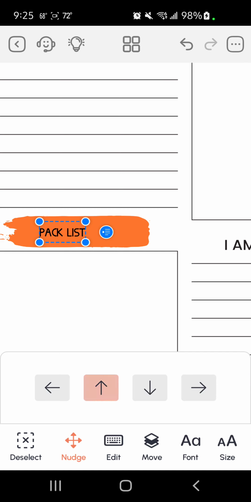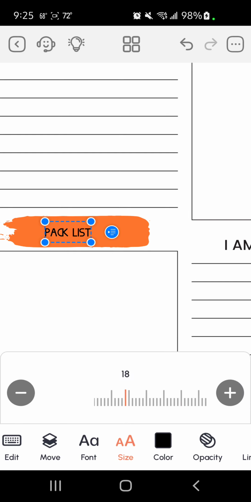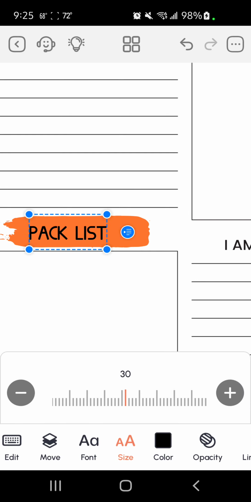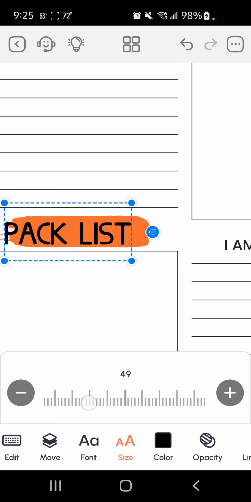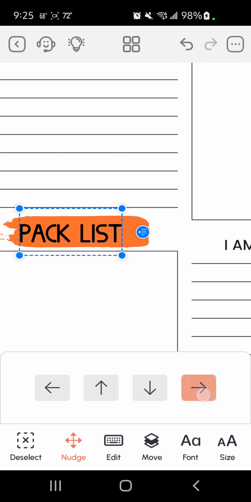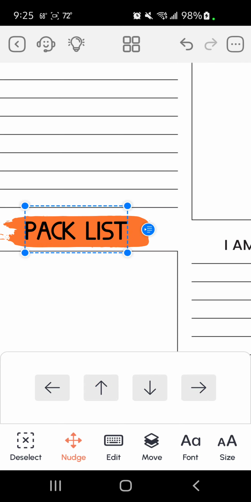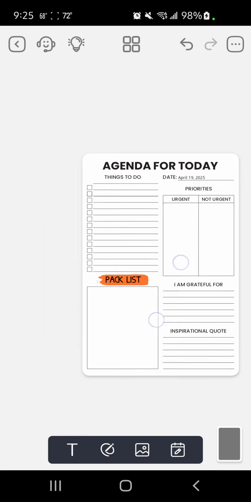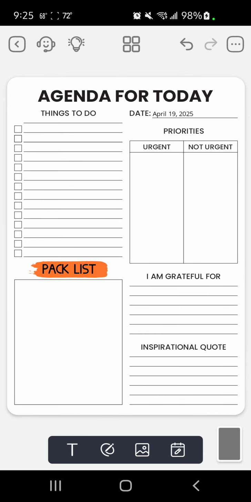Okay, now that I've got it on there, I can change the size. Yeah, much better. Honestly, it could be big. And then I can move it around. Cool. And then I'll deselect it, which I really like that little tool. And then I basically just try not to touch it again because it can still move around. So I like that I can relabel anything that I need to,